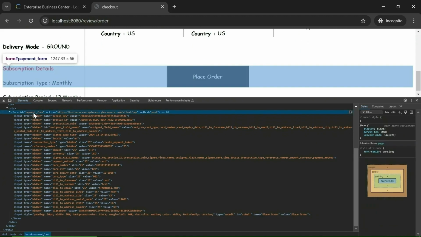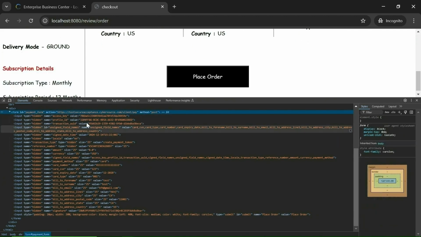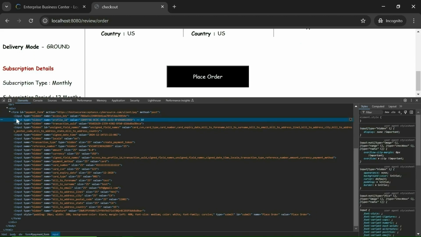This is the payment form, and this form is submitted to this endpoint. This is the CyberSource endpoint, and this form has some data related to the billing address, card details, access key of the profile, profile ID, transaction ID, signed date time, locale, and transaction type. Transaction type is important.